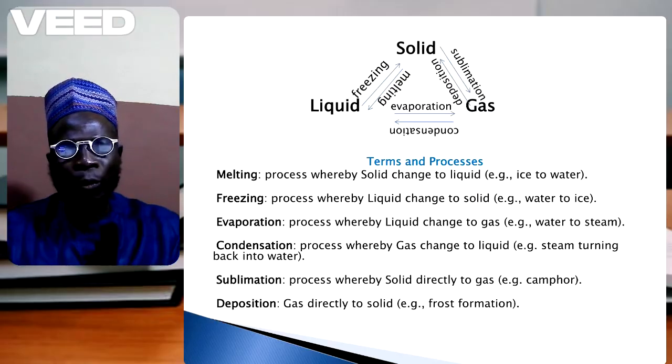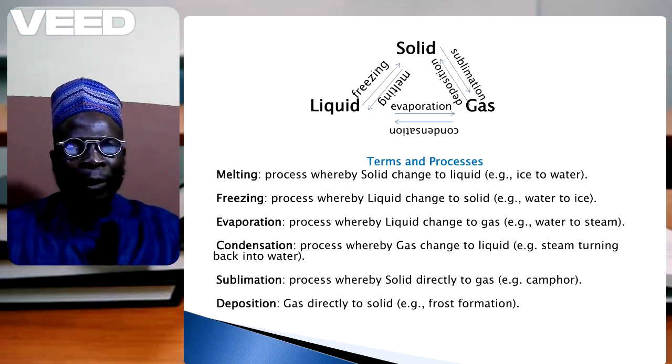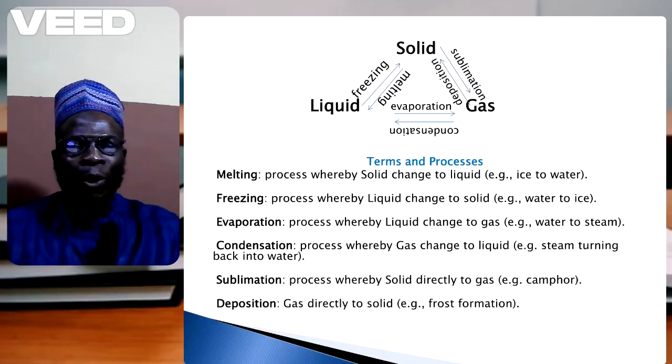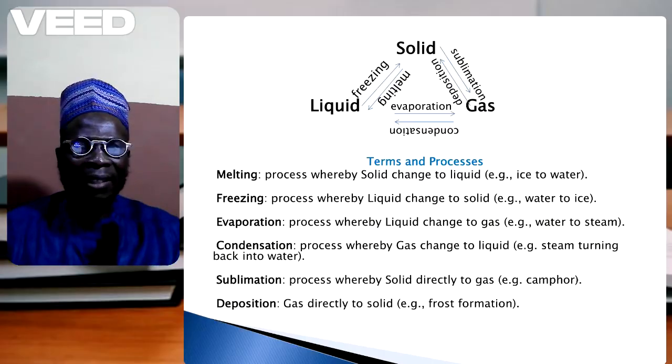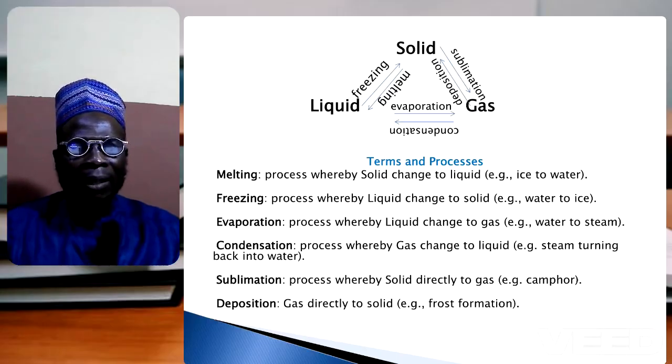Freezing, yẹn pé o fresh rẹ̀, o gbé sínú freezer, bó ṣe máa gbé nǹkan sínú freezer yẹn. So it's a process whereby liquid change to solid. So process kan ti sọ pé nǹkan bá jẹ́ liquid yóò fi di solid. So when you are freezing it, so freezing is a process whereby liquid change to solid. Number 3 is evaporation.